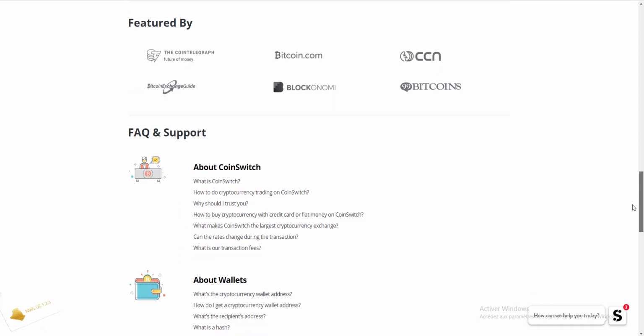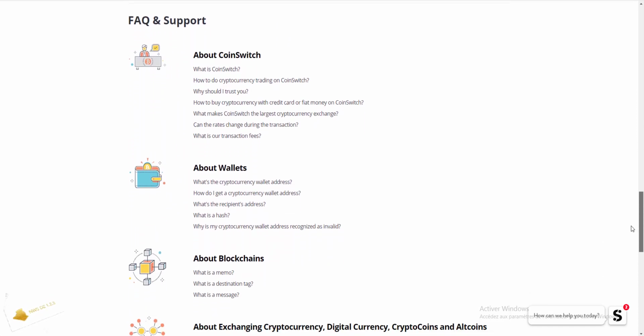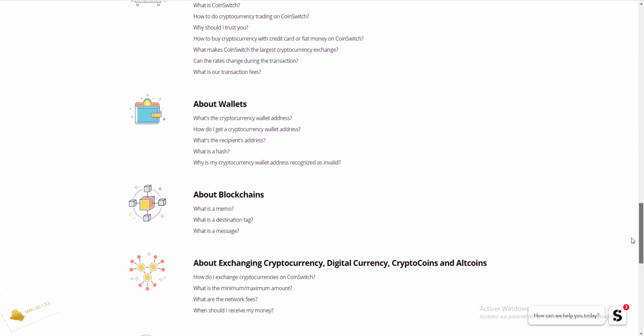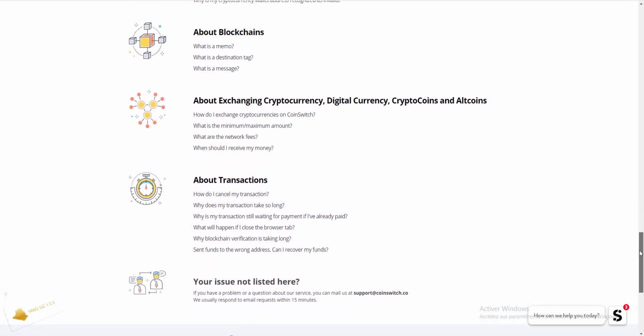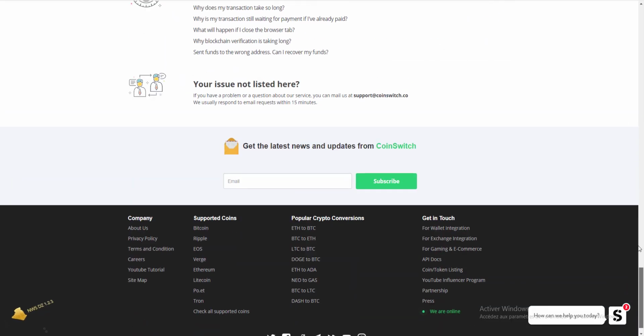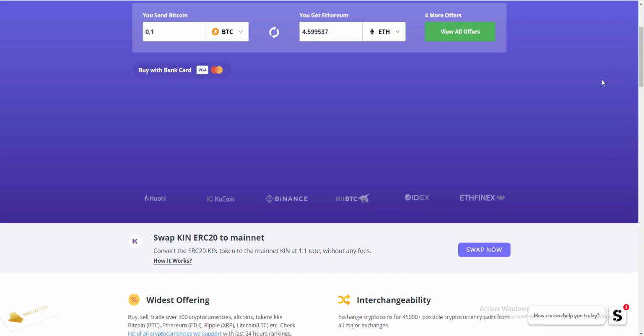Before going into the airdrop registration, let's have a brief look at the CoinSwitch exchange airdrop, right? So you are excited, no? How do I know? Because I have done a very big research on this CoinSwitch, right? Well, CoinSwitch is a cryptocurrency exchange providing the best way to invest into the cryptocurrencies by aggregating all leading exchanges and comparing cryptocurrency prices in real time. They support over 300 plus cryptocurrencies, digital currency, altcoin, crypto coin with more than 45,000 pairs for exchange.